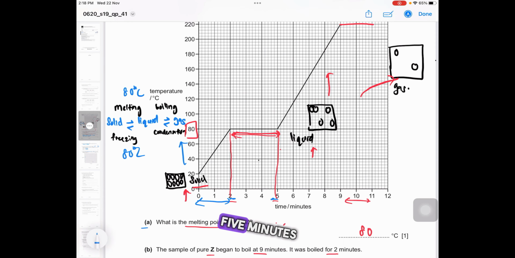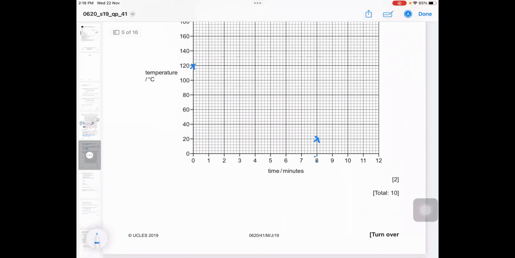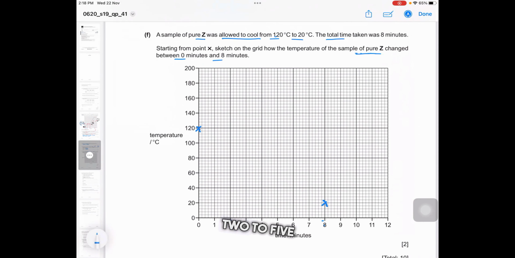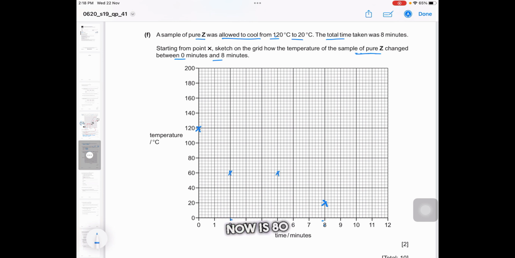Between 2 to 5 minutes, the freezing point now is 80 degrees Celsius. Now we have to connect all the points. Use a ruler on the graph in the exam to connect all the points. Now we will see how this experiment